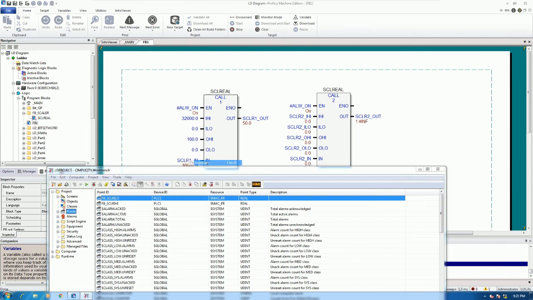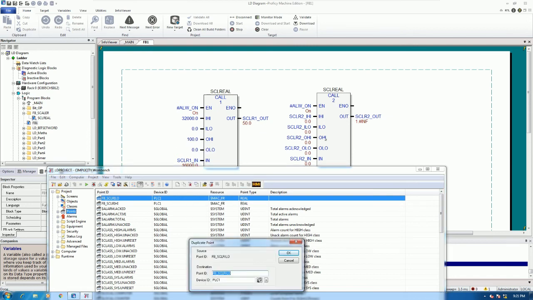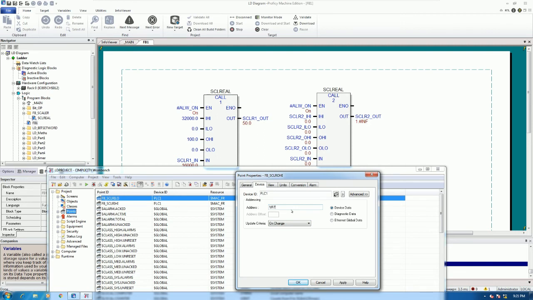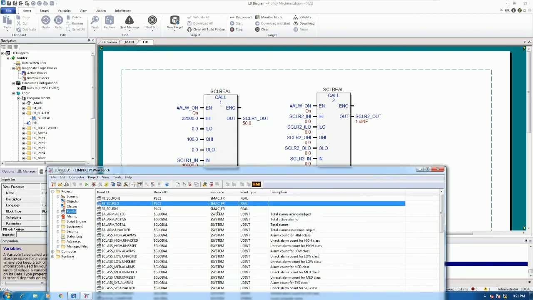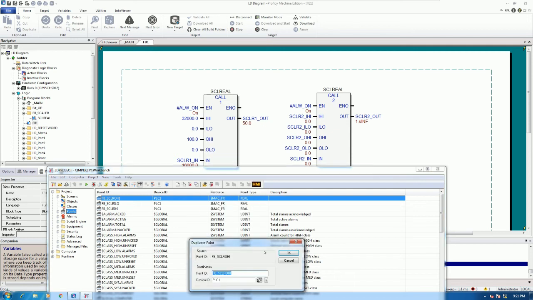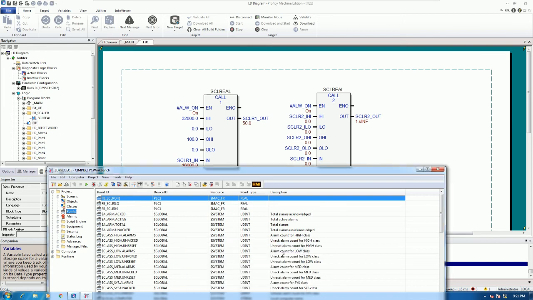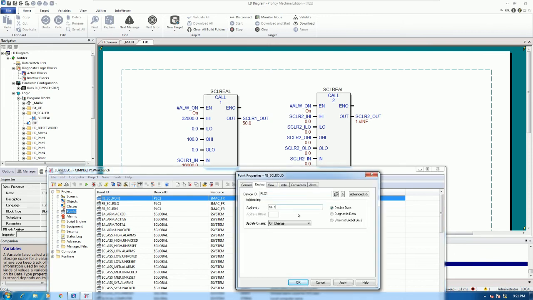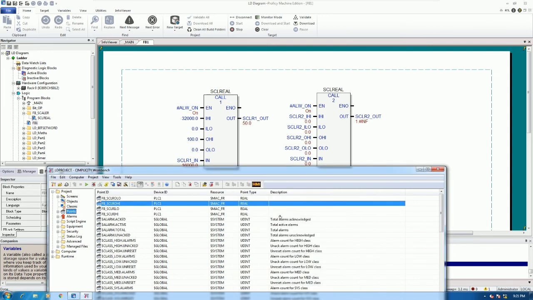The next duplicate OHI, right? OHI %R 72. Next OLO, right? So OLO %R 74, and the input